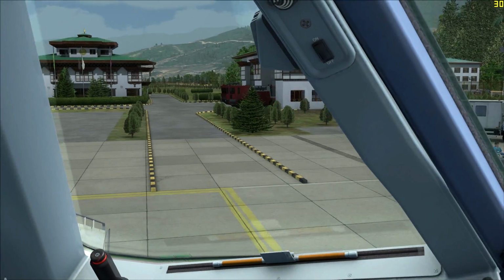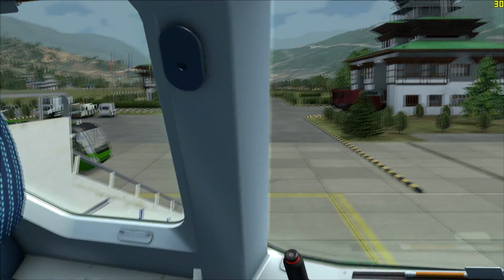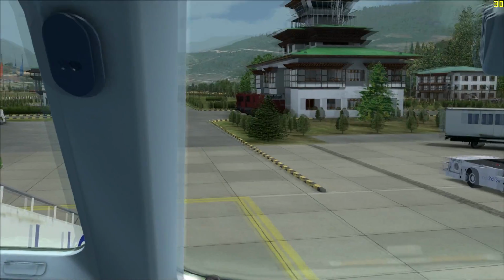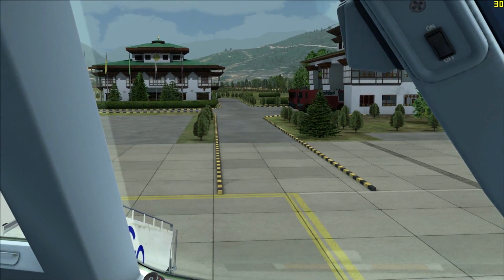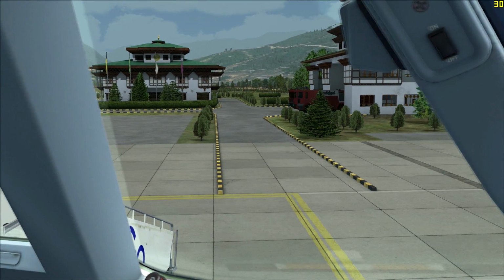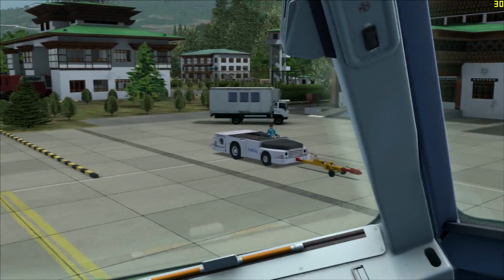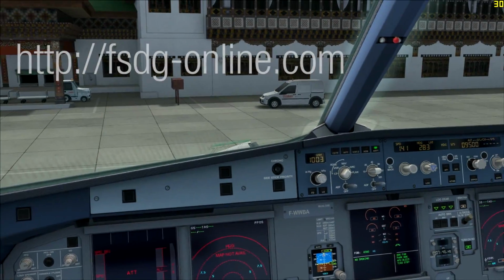It's a small one, it's pretty simple, but the approach is incredibly difficult, so if you've managed to do it, then you're a better pilot than I am. So there you go. Quick look through of Paro from